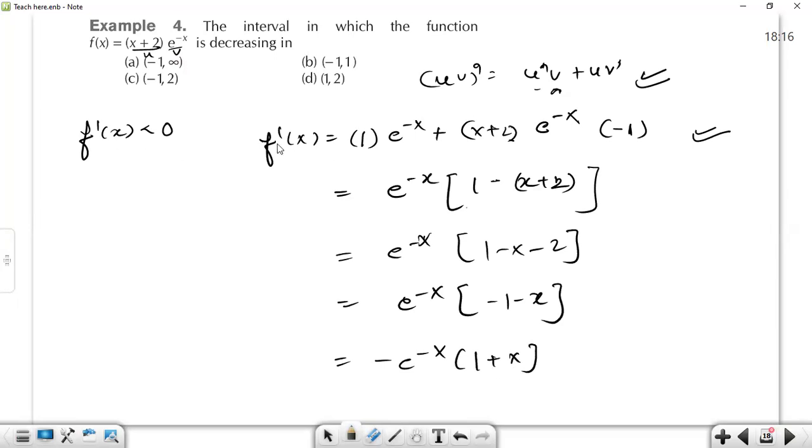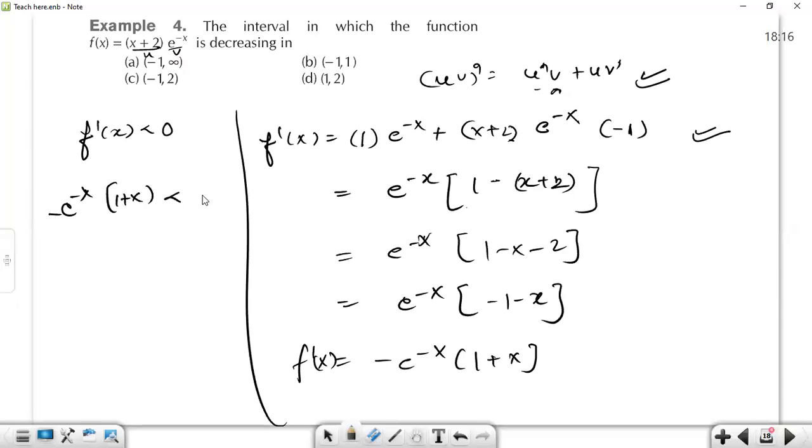So this is f dash of x, right? And it should be less than 0. So minus 1 plus x should be less than 0. Now, for this particular term to be negative,